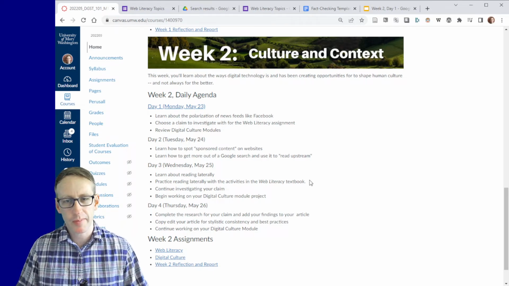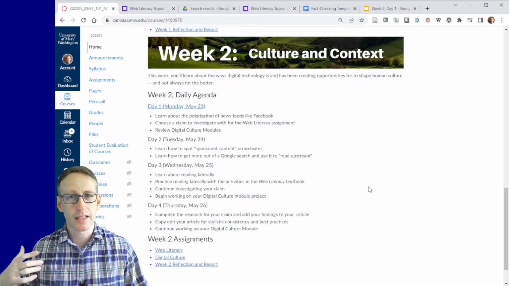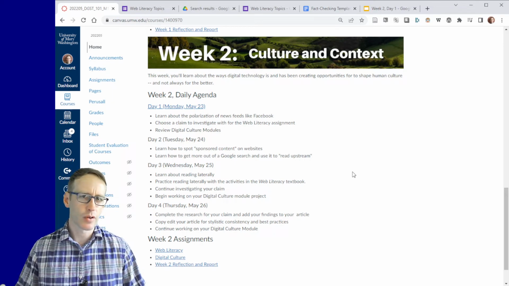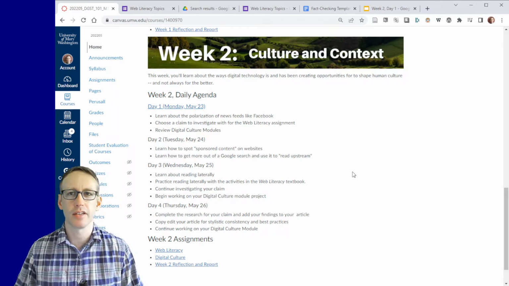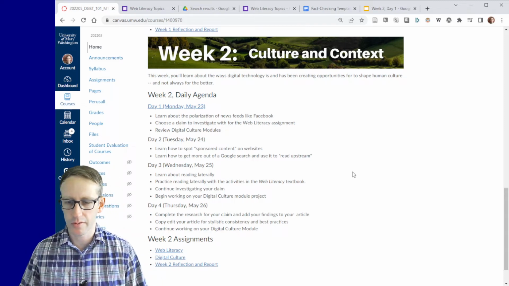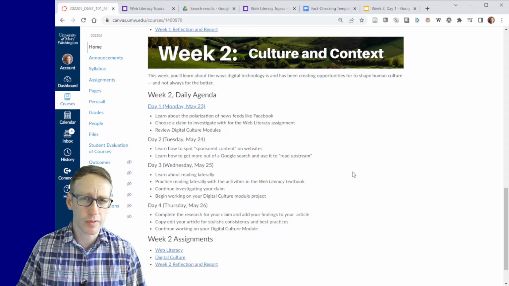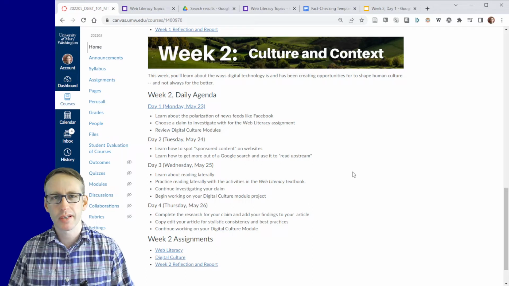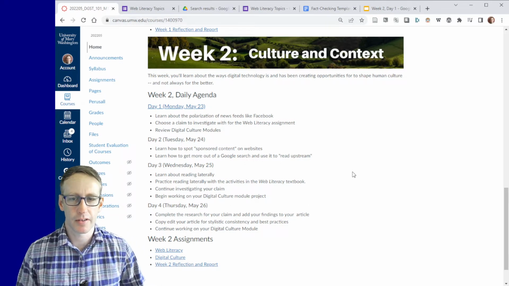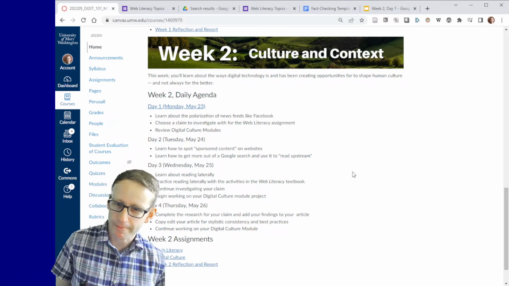You'll be completing an assignment related to that. You'll also be completing another module like you did for digital creativity. Again, that's a free-form kind of content where you have a set of goals, but how you achieve those goals can vary, and it's really a chance to experiment and try different things. So you have one of those along with web literacy. Those 2 things will occupy your work this week, and it will be a fair amount of work. So I want to spend some time today talking about what that is and outlining the steps and the processes, and hopefully making as much of that as possible clear today so that you can start working on it today.